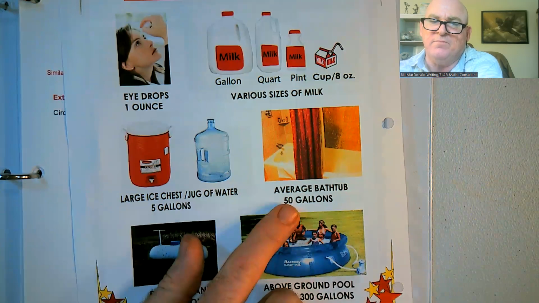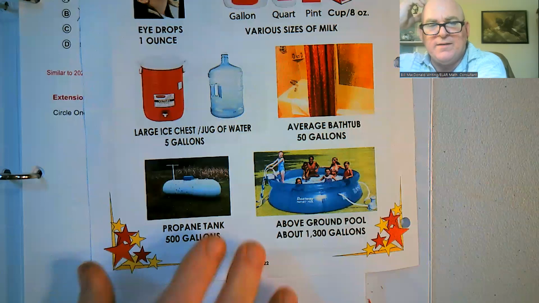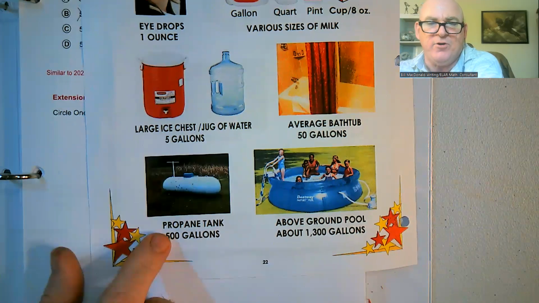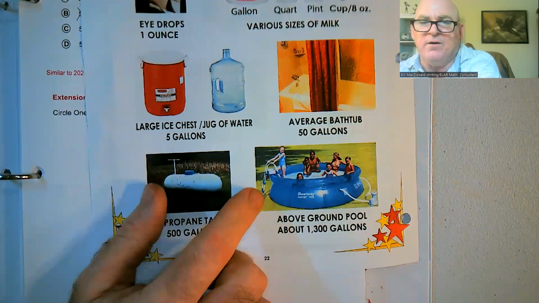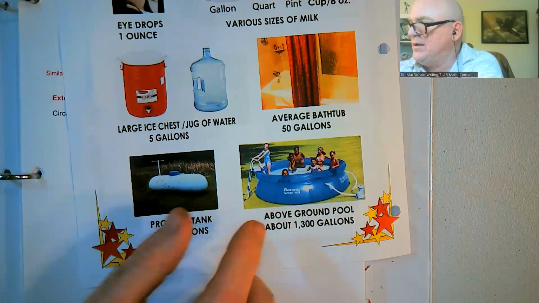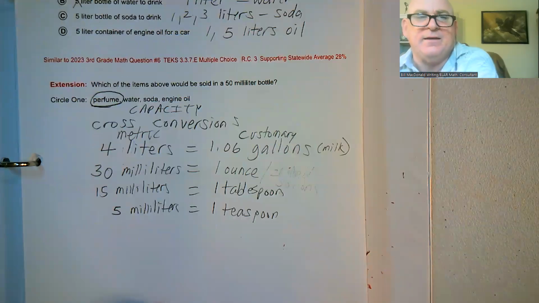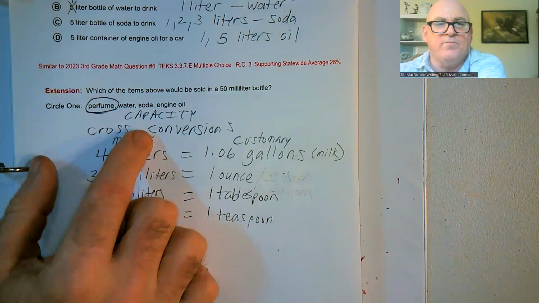The average bathtub might hold about 50 gallons. A propane tank, maybe 500 gallons. And an above ground pool this size, maybe 1,300 gallons. Okay. So the next thing that I think would help was